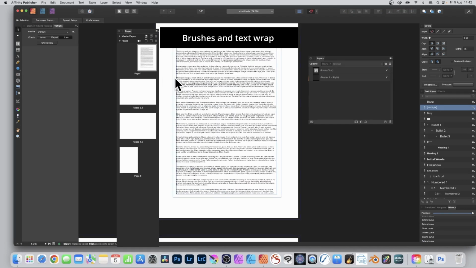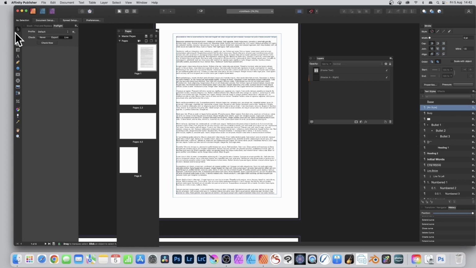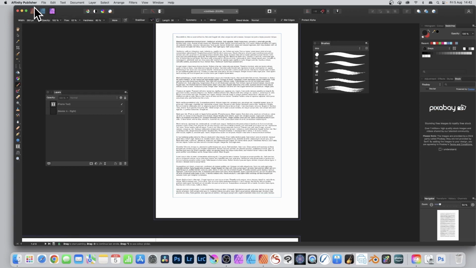You can also use brushes with text wrap. Publisher, unfortunately, does not come with any brushes. You can go up here to the personas and select Photo. Click there, then go to the paintbrush tool or one of the other brush tools. Select that. I'm going to use brushes here, inks. You can use any of the brushes. Just select one of them. Set the width, all the other settings as well, maybe symmetry, mirror,